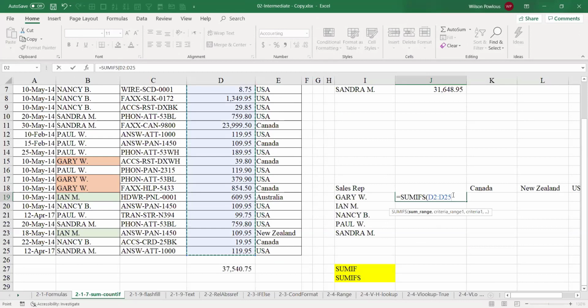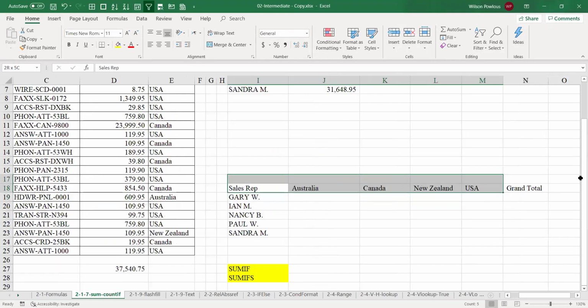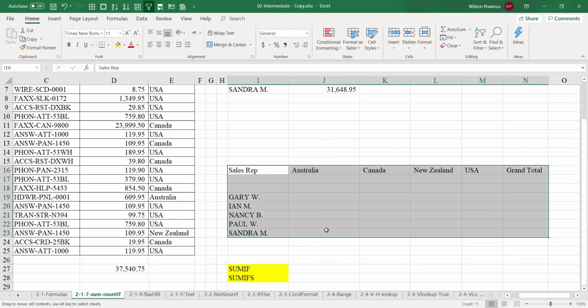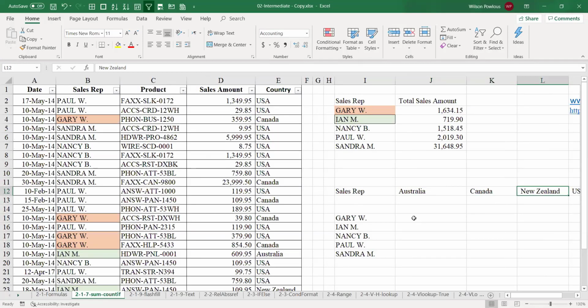And we know we want to lock this, so we can press F4. Immediately it becomes an absolute reference, comma, criteria range. Let me make more space here. One second, I'll move this a little up. What we are trying to find is Gary's sales in Australia, Canada, New Zealand, each country's how much is his sales amount.